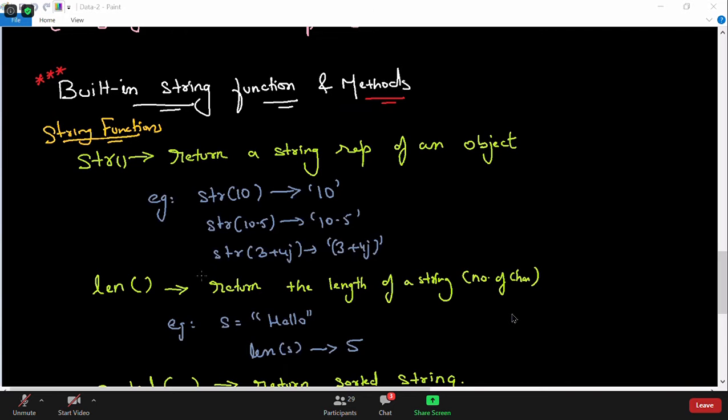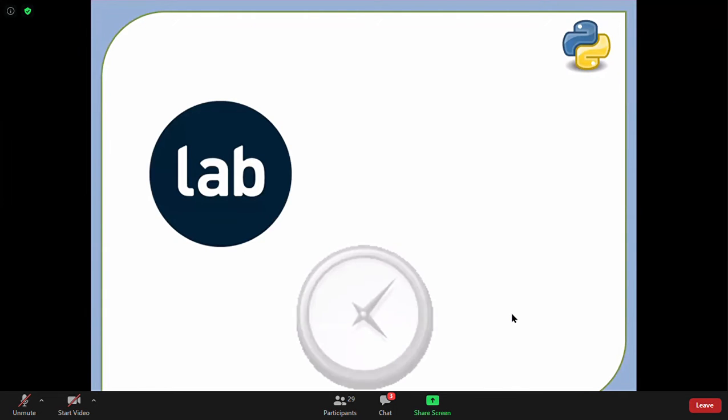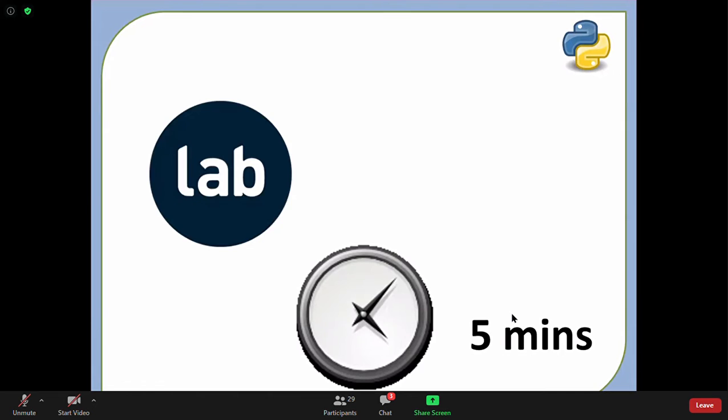Now we're going to start methods, but before I start, I would like to begin with a basic exercise. Let's see what this lab is talking about.